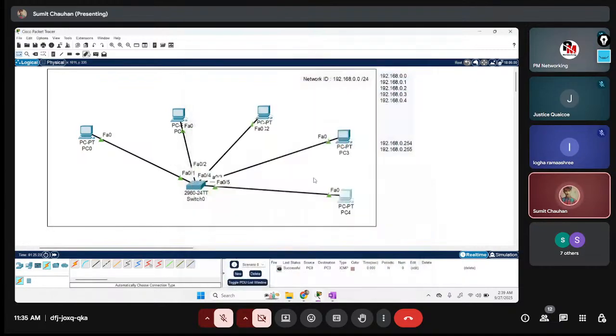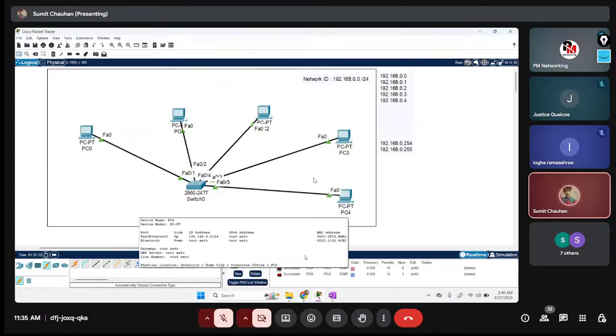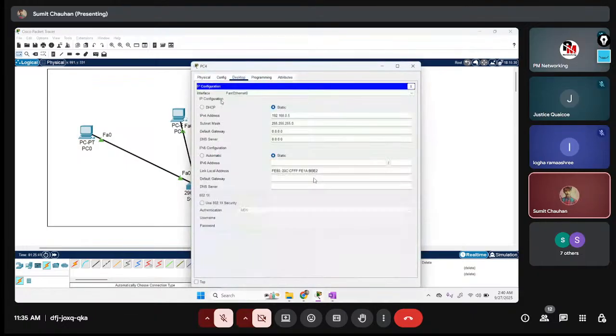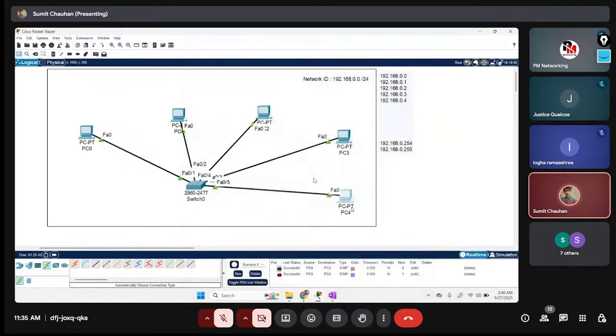Let's go to the message option, PCA to PC4. Now you can again see successful from PC0 to PC4. You can see here the physical name, successful. But remember one thing: right cable and right IP address. If you have a wrong IP address, you are inside a different network. Let's suppose this newly added PC was inside